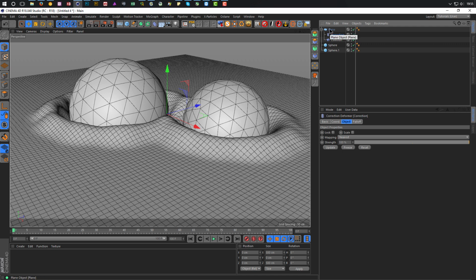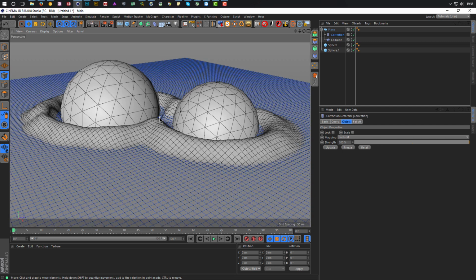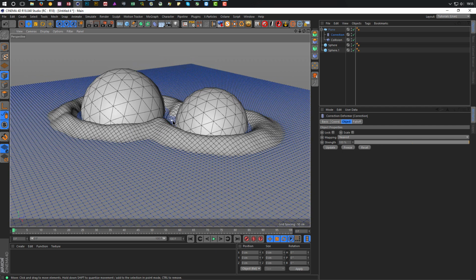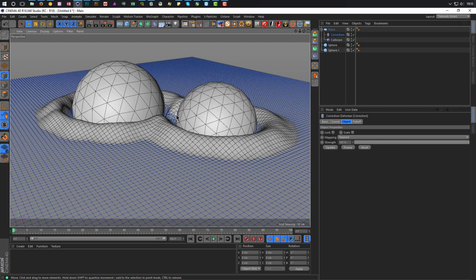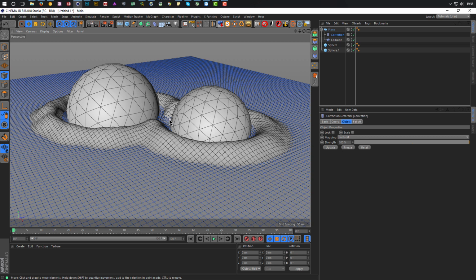If I take my correction deformer here, if I select it and go in point mode, you will see now we have points that we can select, but we didn't convert our plane. And what we can do now is we can play a little with the magnitude. First I want to set it where I want it. Let's say something like this. Yeah, something like this. And make a camera